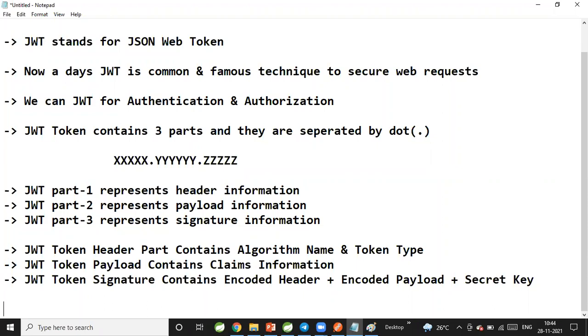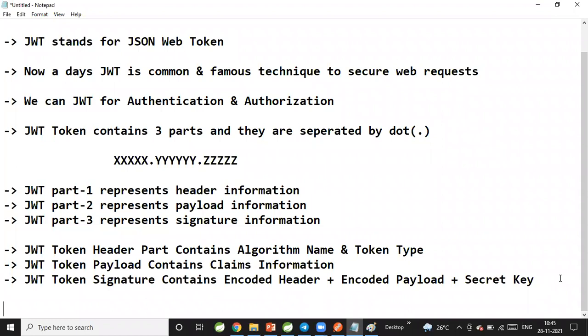If you enter that OTP and it is correct, only then will the transaction be successful. If the OTP is not verified successfully, the transaction cannot be completed. Similarly, in our applications also, we are going to implement token based security, and to implement it we are using JWT.